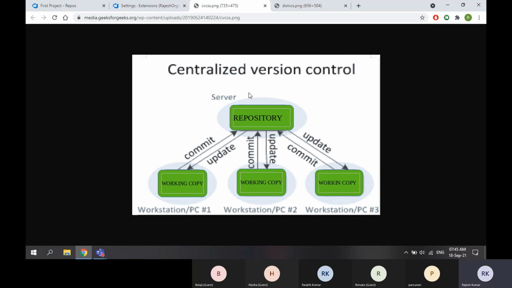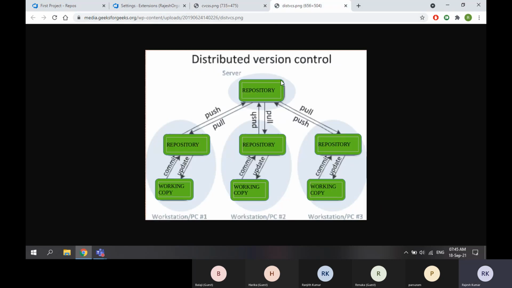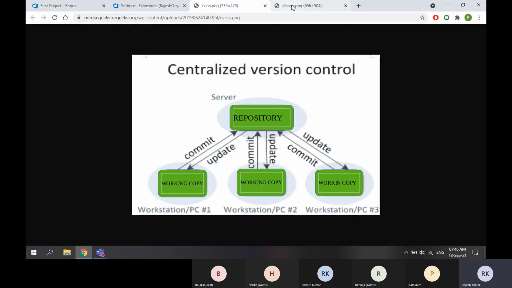So this is how I can use centralized version control and distributed version control. And it's not like this one is good, this one is bad; it is based on your organization requirements or how they want to manage their source code and keep the versions of the source code. So now I have told you one advantage: if I lost something, I can replace it by using distributed, not by centralized.